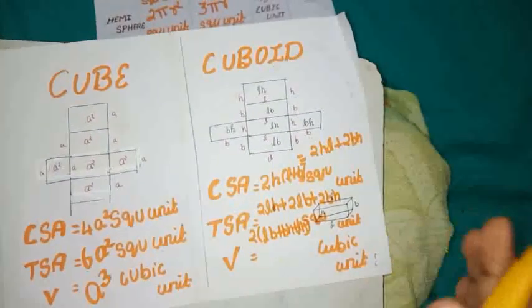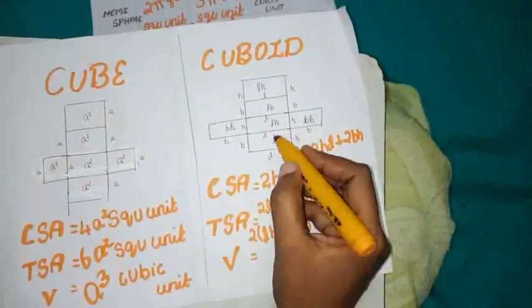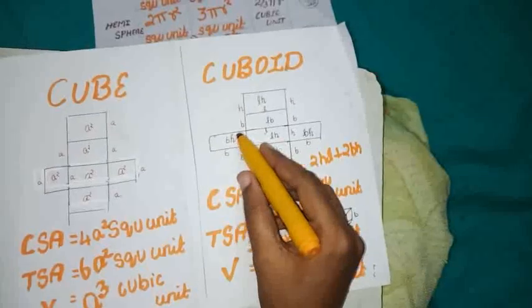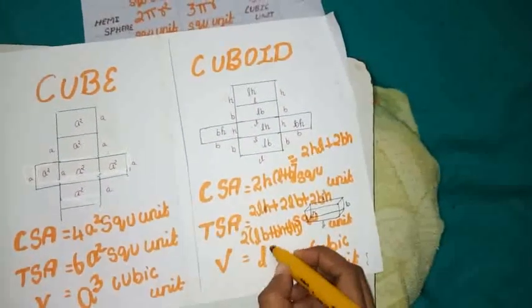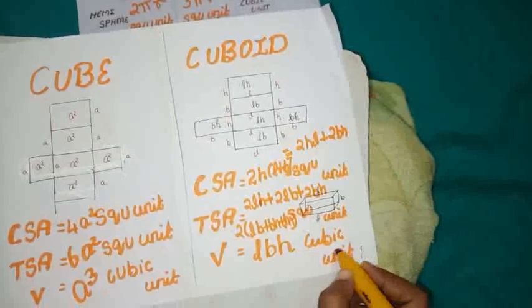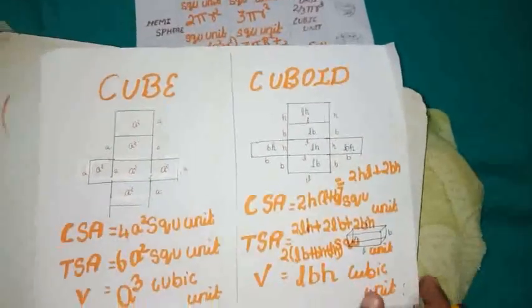Total surface area. Volume. How many dimensions? L, B, H. Three dimensions. L, B, H cubic units. Okay, now